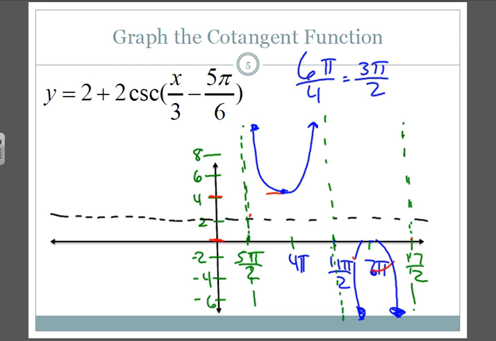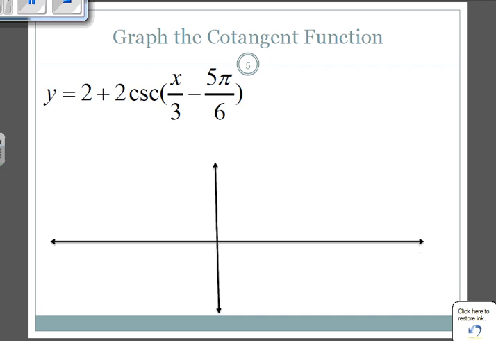And if you want to remove your sine function, you definitely can. Then all you're left with is your cosecant. And that is your cosecant graph. Yay! Okay, if you have any questions, once again, you can post onto Edmodo and let